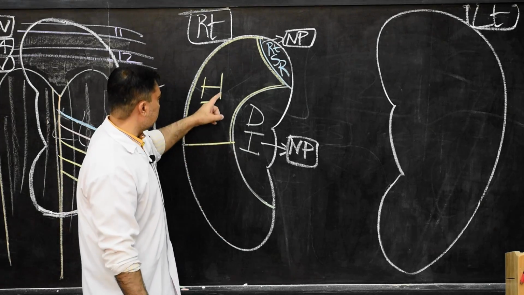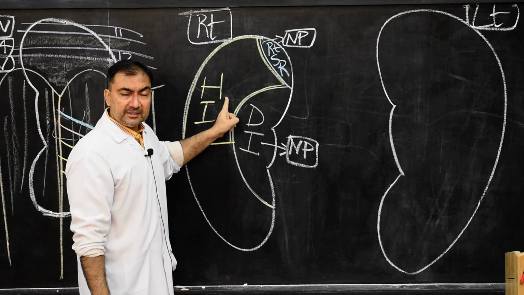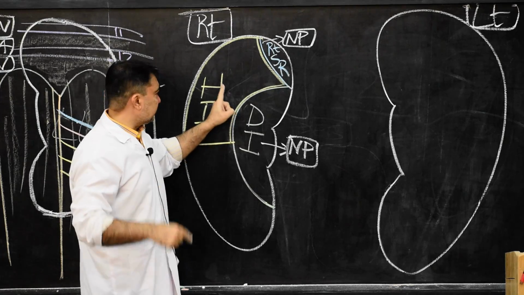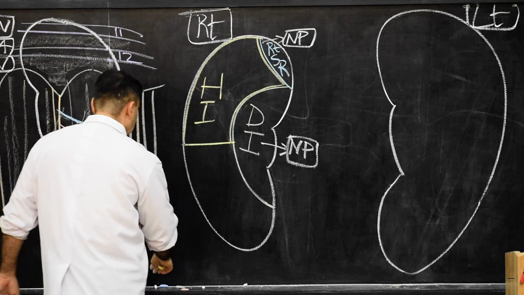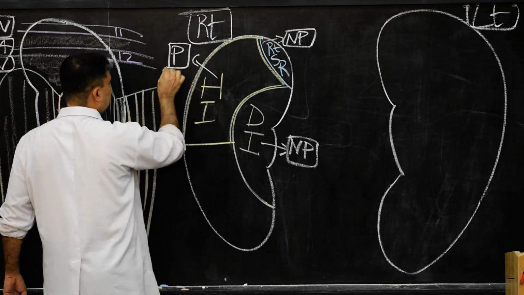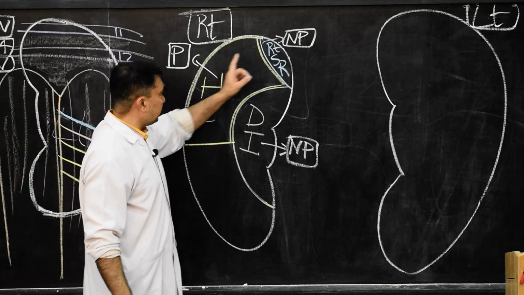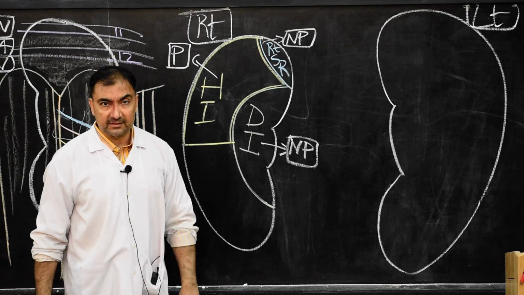So that hepatorenal pouch of Morrison is related here. The right subhepatic space, or hepatorenal pouch of Morrison, is related with this hepatic impression. This hepatic impression is totally peritoneal. Why do we need to remember peritoneal, non-peritoneal? Because these are the MCQs, these are the 1 mark question answers.